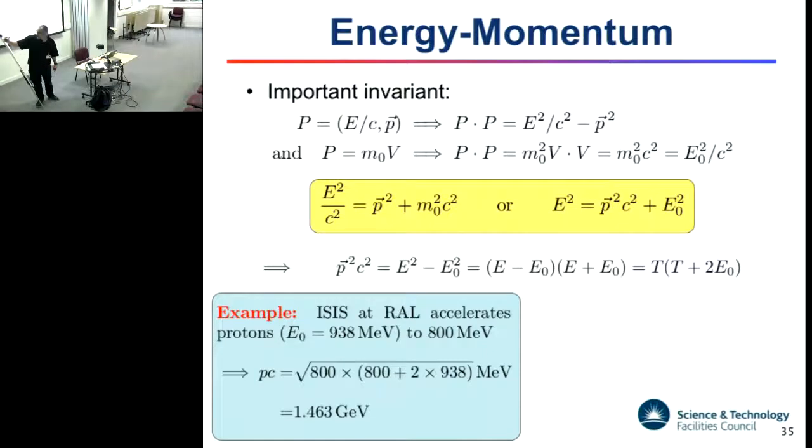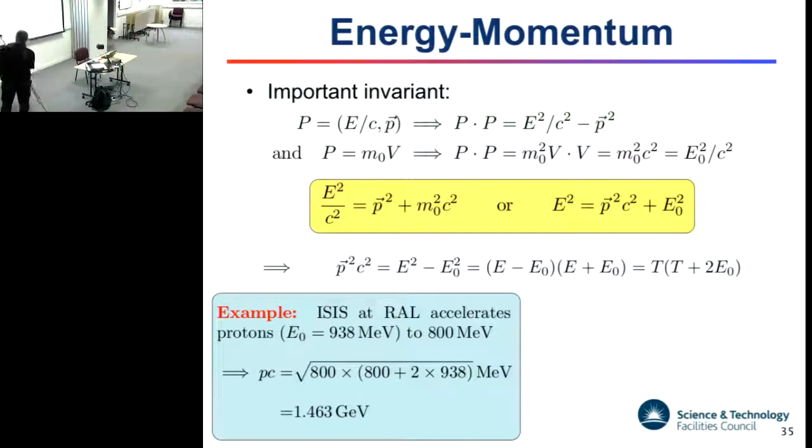So we've got the total energy. That is a kinetic energy, plus the rest energy, i.e. m naught c squared. And this thing we call EK or something. So the total energy is the kinetic energy plus the